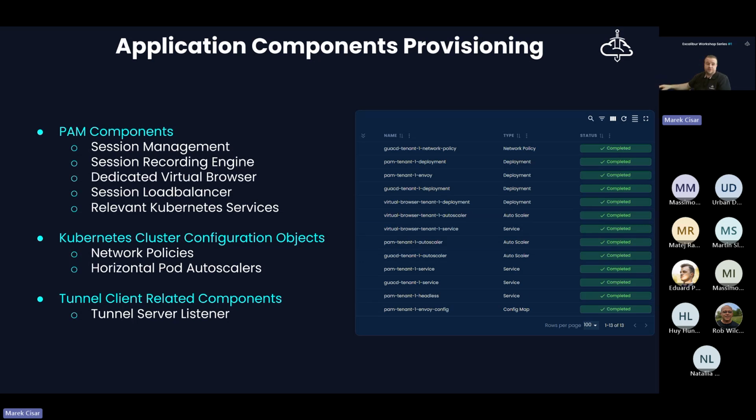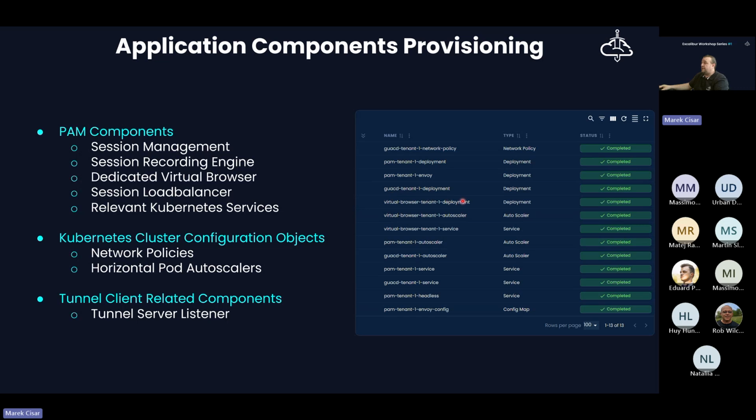Configuration objects such as, for example, I turn on my laser pointer, network policy is basically the configuration object. Pump tenant deployment, that's the running application workload. Envoy is the session load balancer. GUACD, so basically Guacamole engine, is the session recording one.